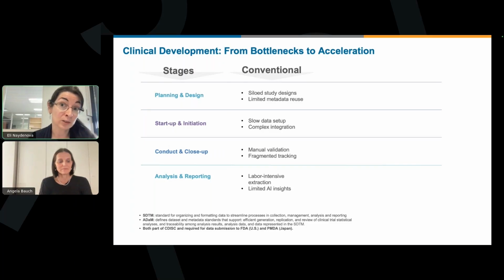Each stage of clinical development is associated with its own set of bottlenecks. During the design phase, information often sits in silos and metadata is not reused, which can slow down the process. In the later stages, preparing data for analysis and machine learning can be time-consuming and complex, making it very difficult to generate insights efficiently. Ensuring effective trial comparison and data searchability remains difficult, largely because of inconsistent versions, distributed repositories,